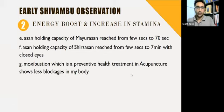thing, that is a moxibustion technique. Moxibustion is a preventive health treatment, which is a practice in acupuncture, which actually shows how many blockages are in your body. So when Guruji treated me with the moxibustion for preventive health, that showed very few blockages in my body. And Guruji told me that you are the first person who has shown this kind of, sorry, not the first person,